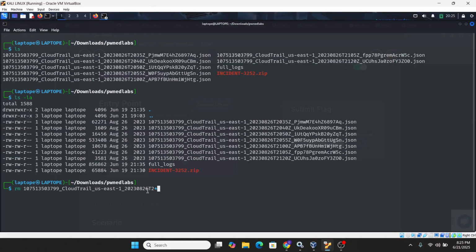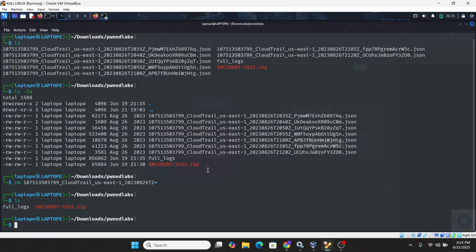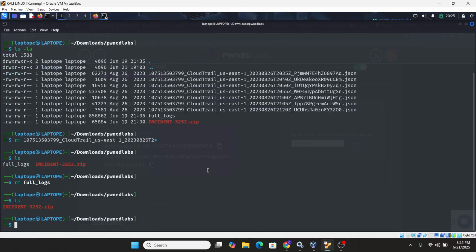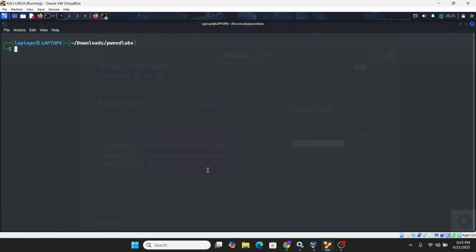Every log here has something in common, even up to T2. You can see T2 is common to every one of them, so the wildcard means everything that has it. Press enter. Now if you do ls, you can see that they're deleted. Let me as well remove these full logs. So we only have our zip file here.